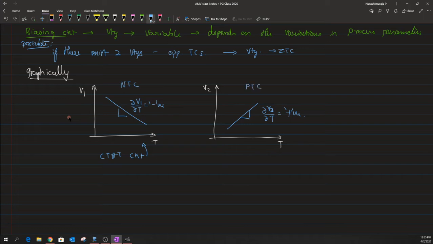So this is known as positive temperature coefficient, just because when we differentiate this voltage V2 with respect to temperature, it has a positive value. So with that being said,